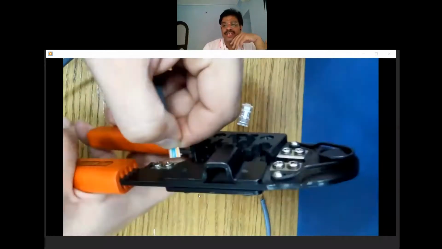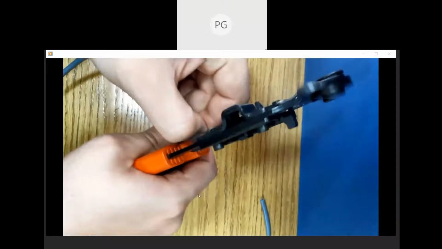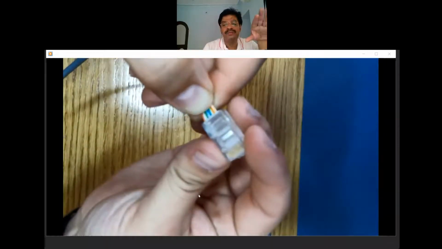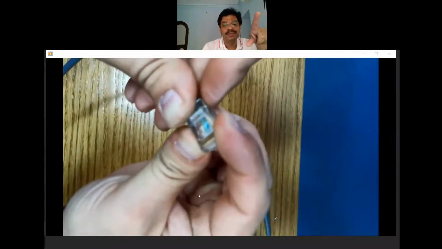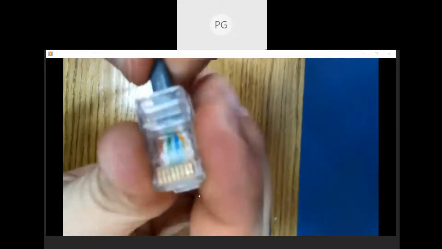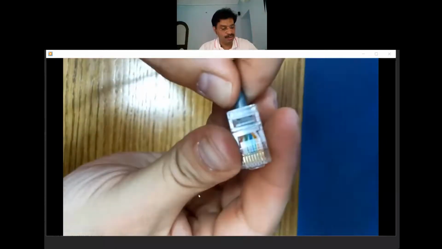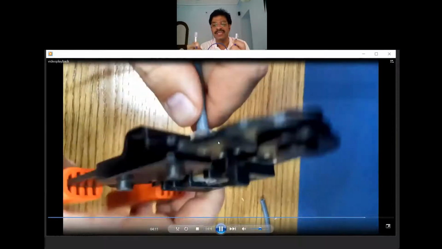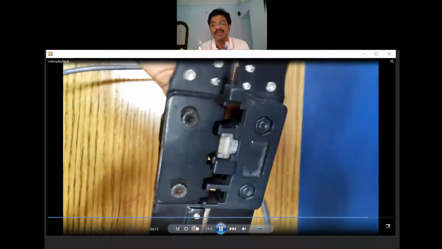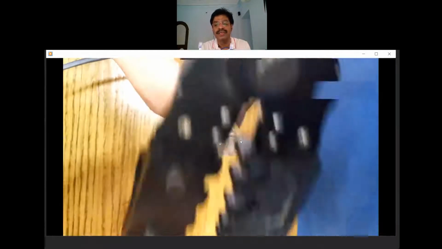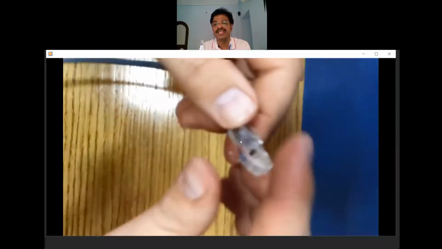The straight through and crossover cable. Okay, Sujay wants me to explain the straight through again. Whenever we are maintaining a specific sequence at both ends, that is, the two connectors at this end as well as this end have the same sequence of color codes for the conductors according to the standard, then that is a straight cable.